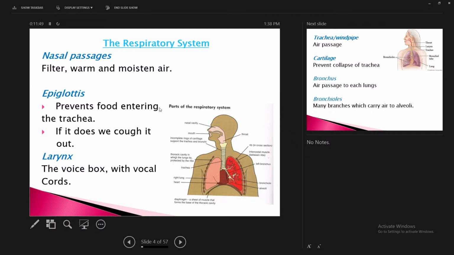And on that concept of breathing in and filtering air, we actually take in air into the human body via two passages: through our mouth and also the nasal passages. It is just that there's an advantage and a disadvantage, meaning that when you breathe through your mouth, there's no filtering that takes place. So if the environment is dusty, all of that dust is going to enter the human